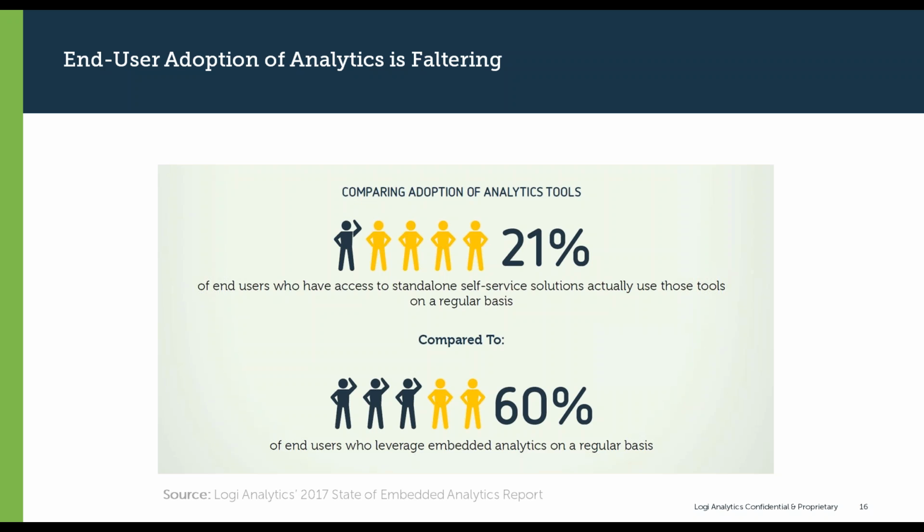What we've found out is it comes down to a few different things, but ultimately ties back to that user experience. This could be that it's disjointed, it's not in line with the context of where they're working, or maybe they don't like the experience. It's too complex or maybe too simple. It's not just about, did I give them the right bar chart? It's about, did I give the right level of capability to the right type of user?